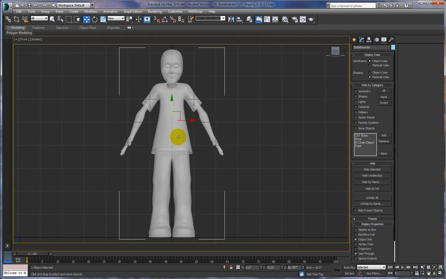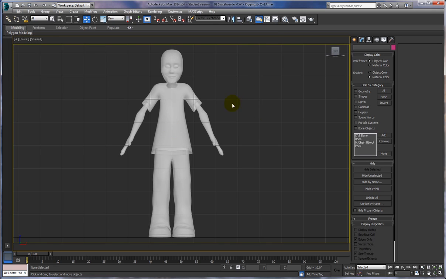And let me go ahead and freeze our character right now, so freeze selection, there we go. Now let me explain what a rigging system does for animation. The rigging system is like a bone structure, so to speak. It's not really like bones exactly, but it will seem like it. It's a bone structure that,